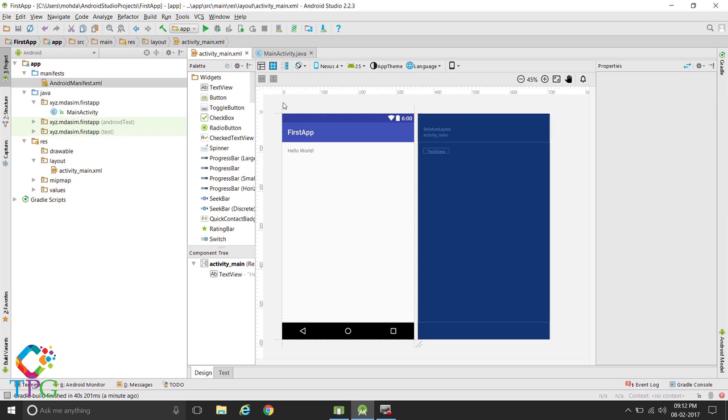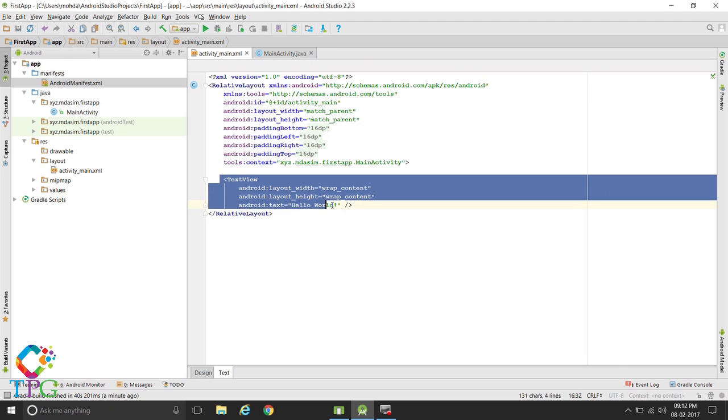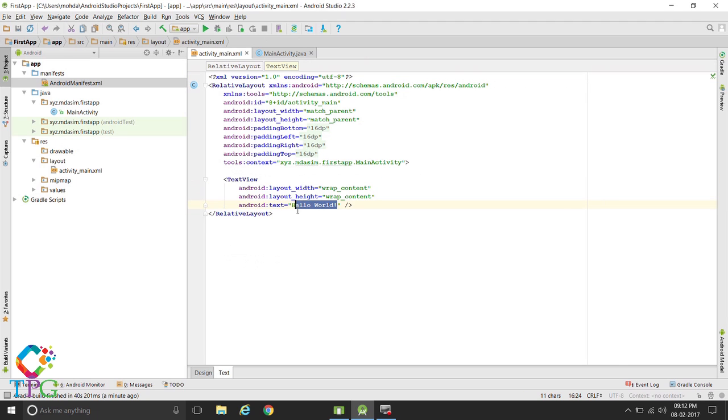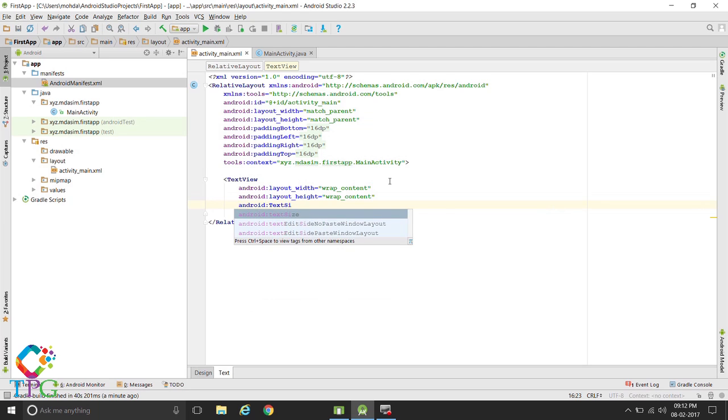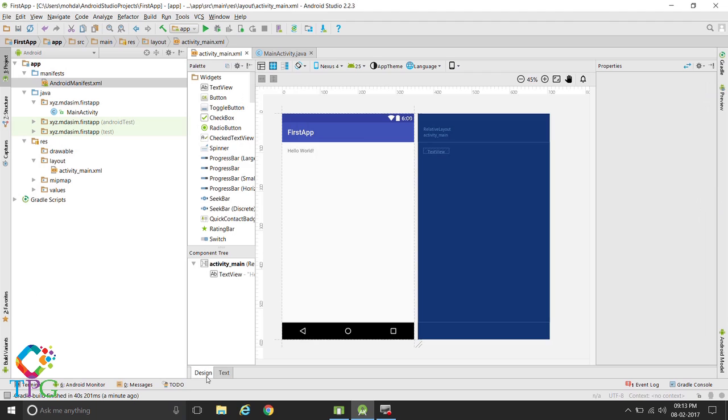So we will just run this app. First I will change the text of this text view to Programming Geek. I will also change the text size, so Android text size, I will give it 30 sp. So let's